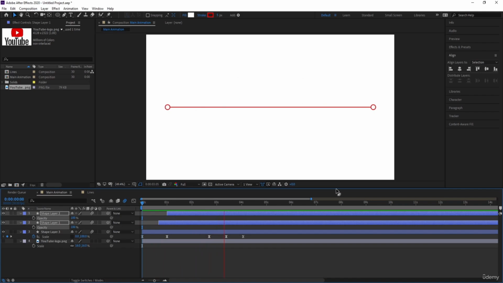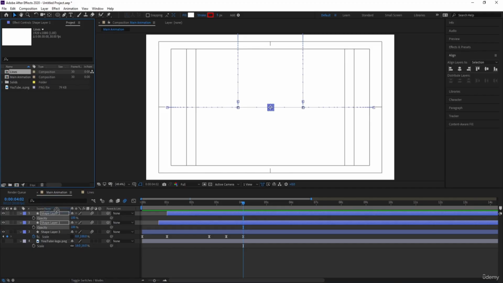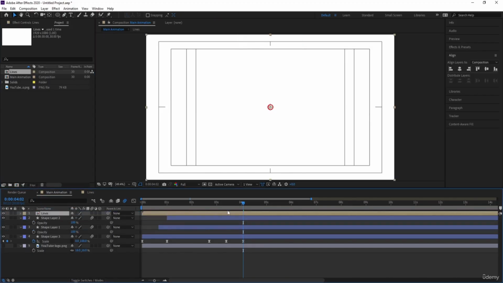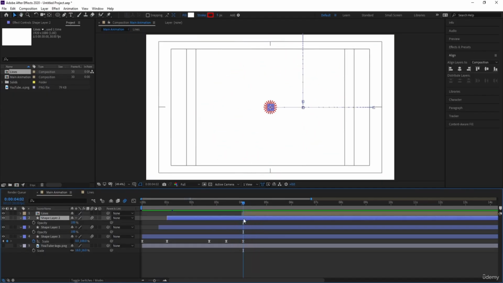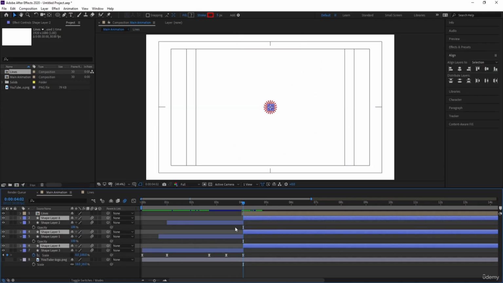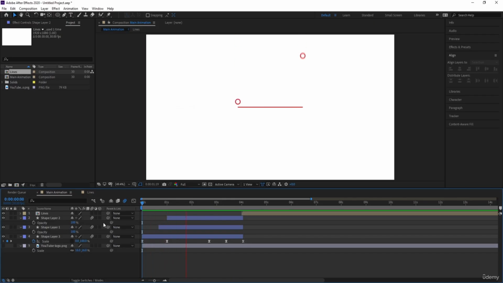So first I'll get this, and then at this point I'll simply bring my line composition over here, and I want this animation to start from this point. Okay, and at this point all of this stuff should be gone, so I'll select all of them and press Ctrl Shift D to split these layers and delete it. So if you see this now, first I'll get this,